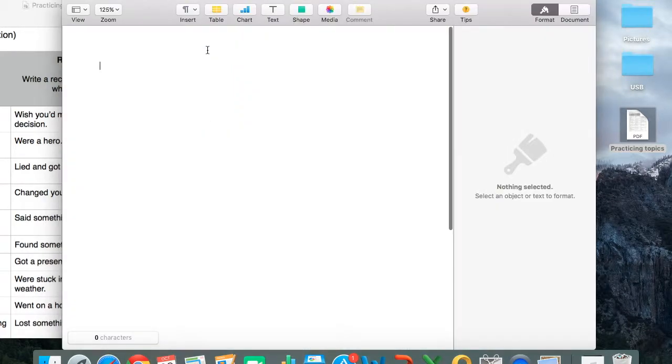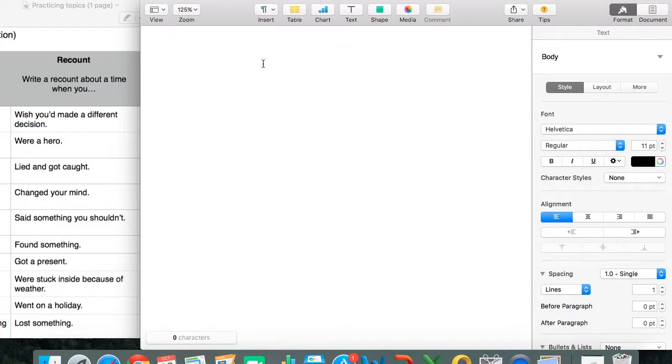You have 3 to choose from during the official practice and final block, and when you decide which of the 3 you want to write on, you have to open a word processor, like Pages or Word. There are 4 things you need to write at the top of the page. These are your SACE number, your full name, your preferred format, which is Recount, and the topic that you've chosen to write about.